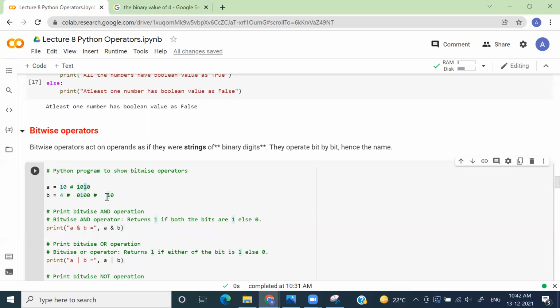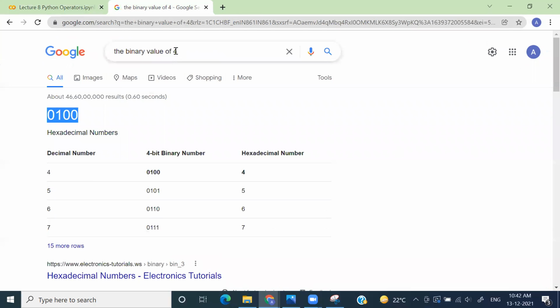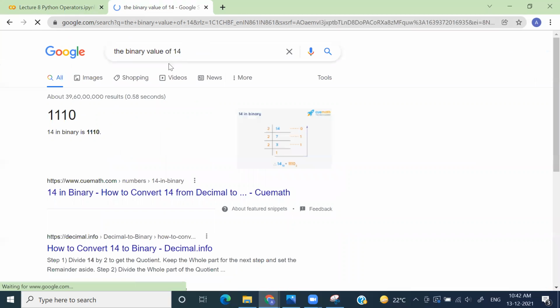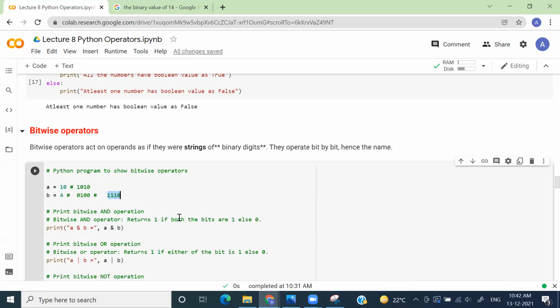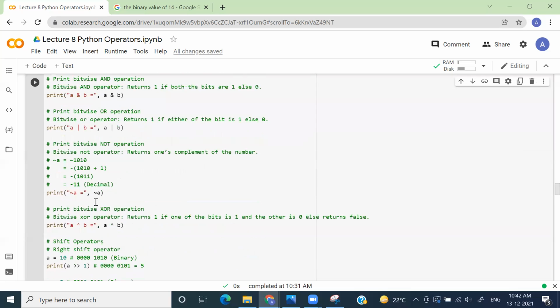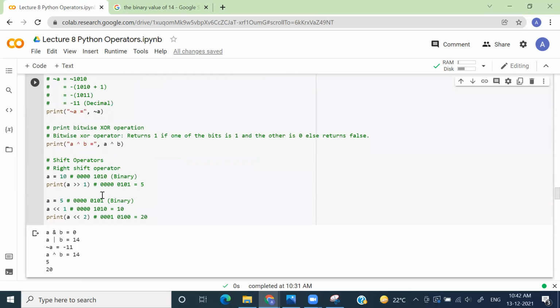Here also 1, and here also 1, because my input is 1. So this is equivalent to 14. This is the binary conversion of 14. If you don't trust me, the binary value of 14 is 1110, and this is what we have got, 1110. So this is the output of the XOR operation.